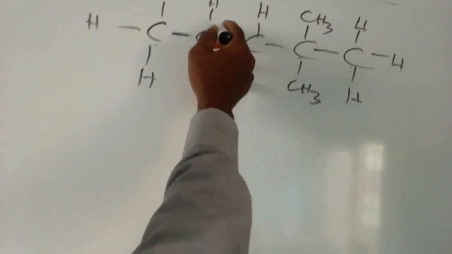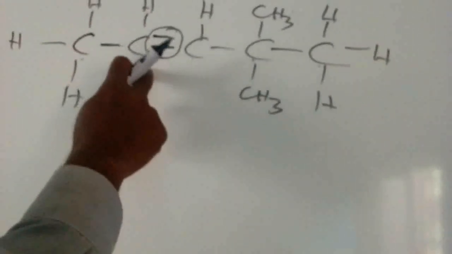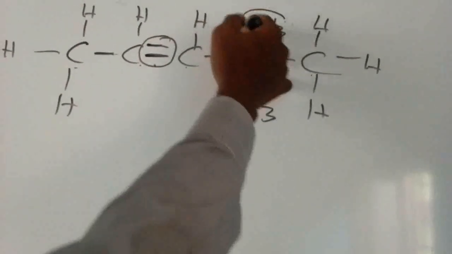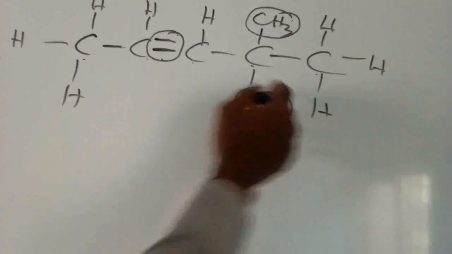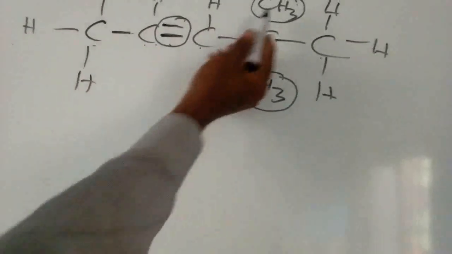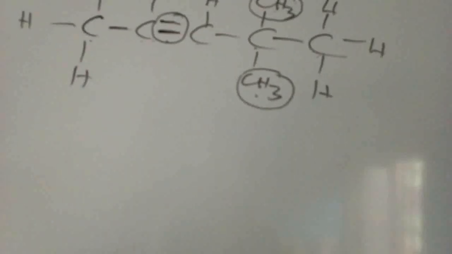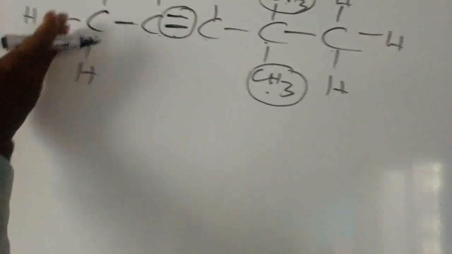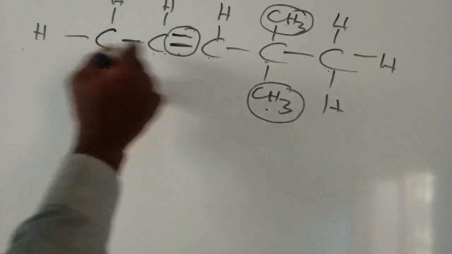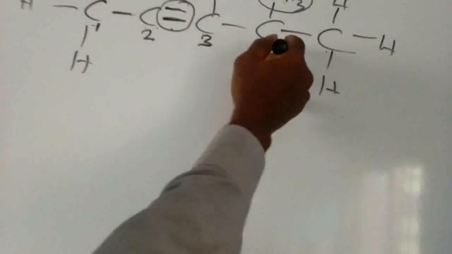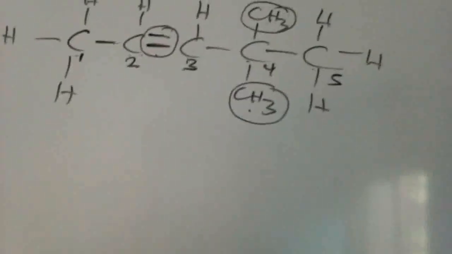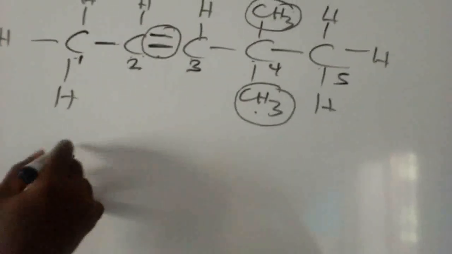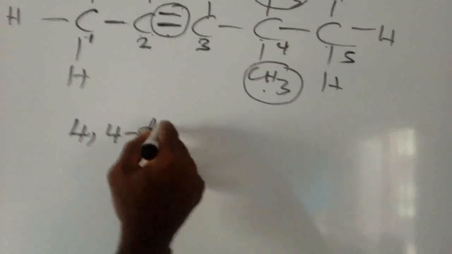Then in numbering the carbon atoms, I have this key group, the principal group we call the functional group, while these ones are secondary substituents. So this group takes a lower number compared to the other. So we consider both ends. The end that gives this group a lower number will be this side. So we have 1, 2, 3, 4, and 5. So this compound is called 4,4-dimethyl